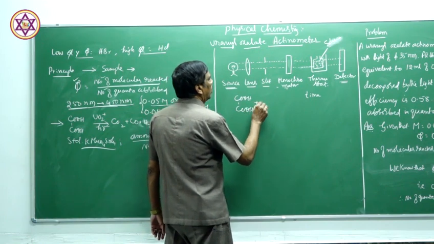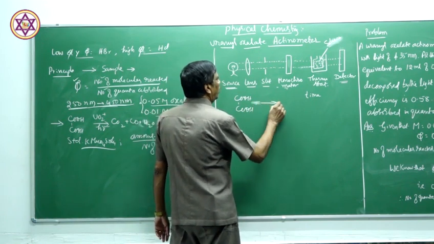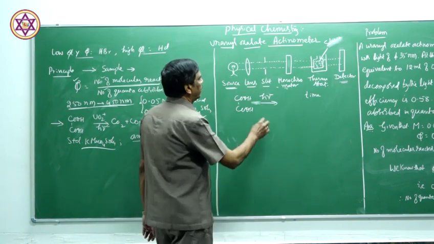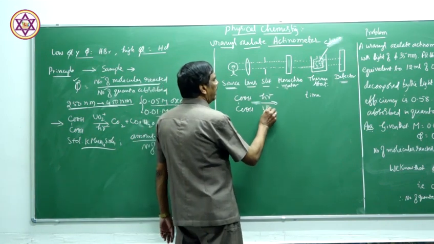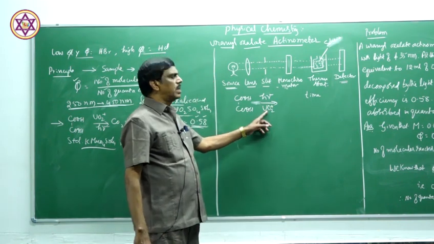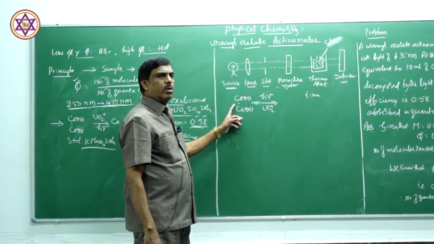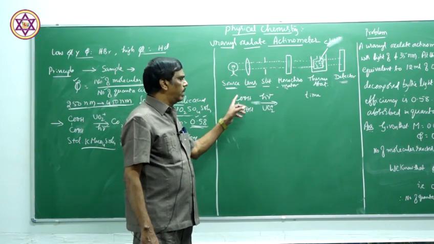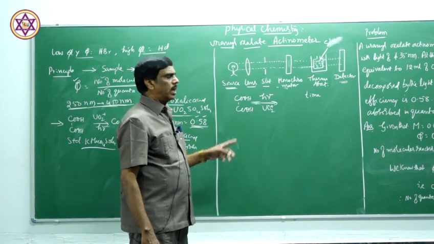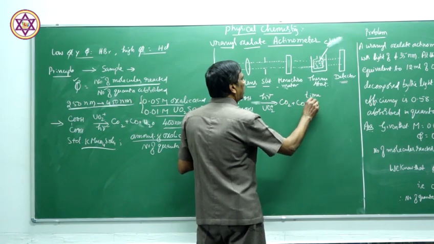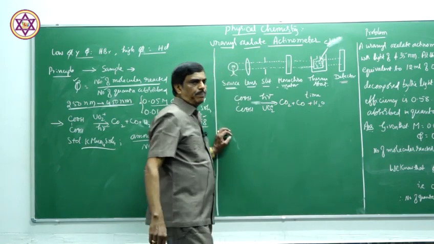COOH gives rise to... radiation is passed through the solution for a known time, and here the uranyl ion is the sensitizer. Only in its presence does oxalic acid undergo decomposition. This uranyl ion absorbs light and then passes it on to the oxalic acid. Oxalic acid decomposes to form carbon dioxide, carbon monoxide and water.